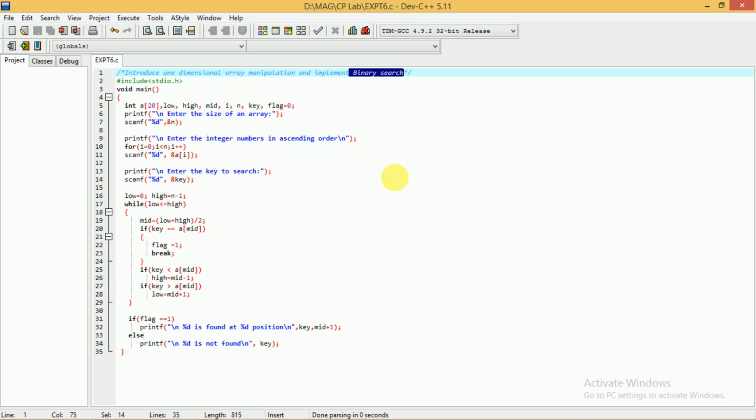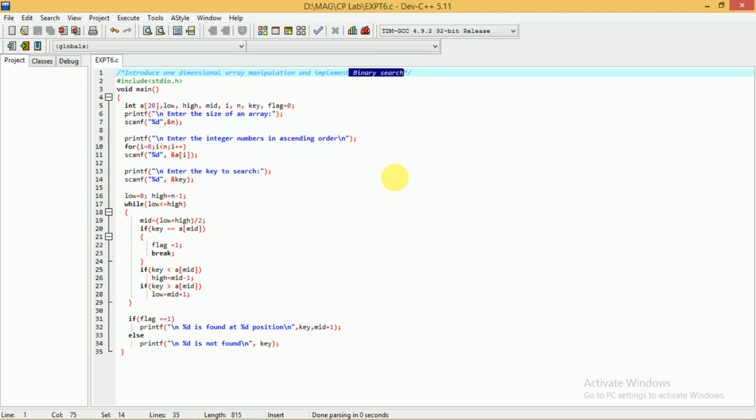When we have the list of elements, and if you want to use the binary search technique, all the elements of that list should be sorted in ascending order. Only then can you use binary search. If the elements are not sorted in ascending order, you cannot use the binary search. Remember this. This is the condition. After this we'll see how exactly this technique works.